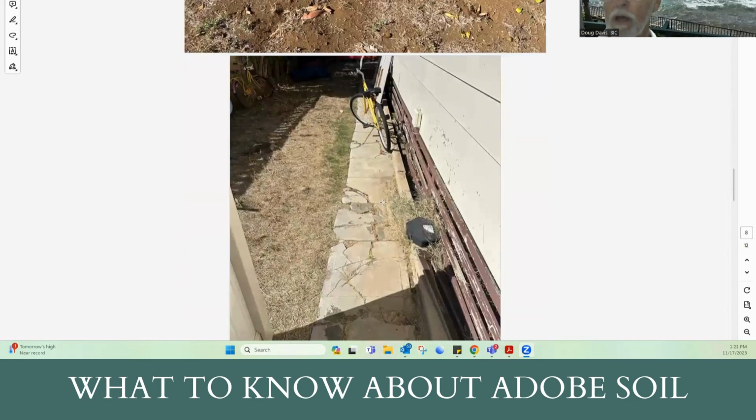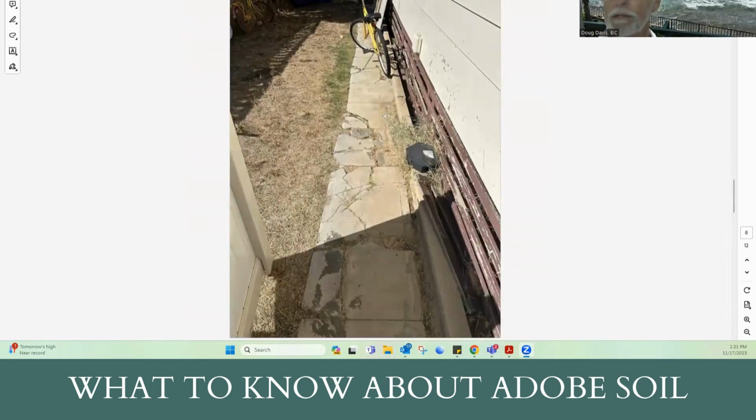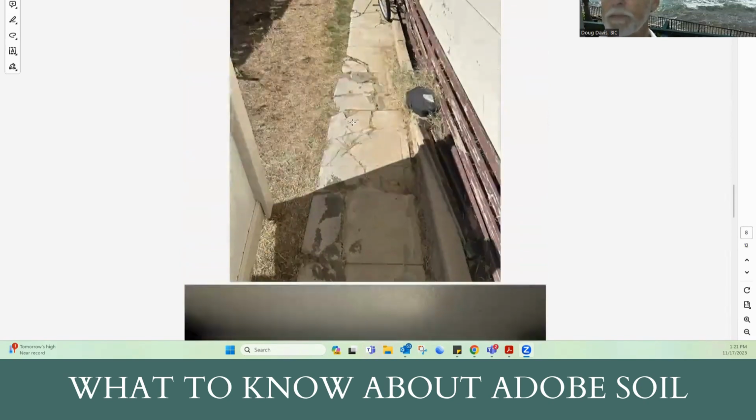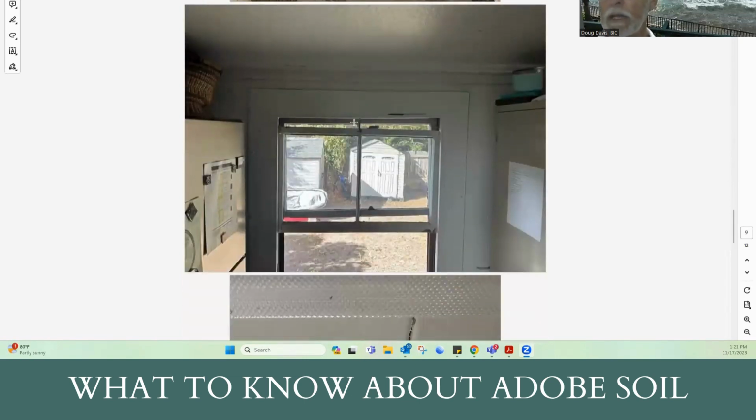Okay, and then here's a sidewalk. It didn't look like this when it was poured, but after a couple of years of expanding and contracting, it's completely broken up. Just amazing. And then inside the house, there's the telltales. You see the edge of the roof, the ceiling right here is cracked. You can see the telltale